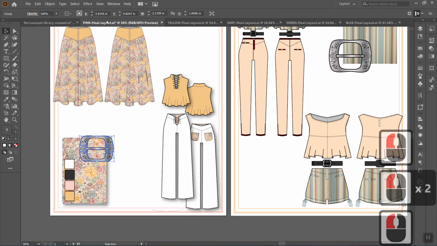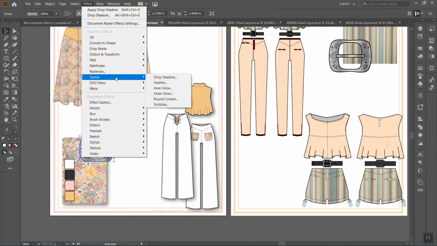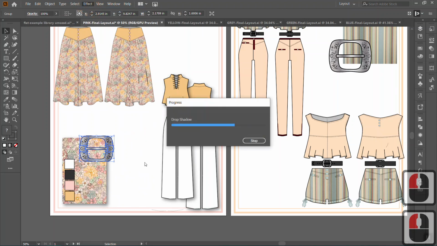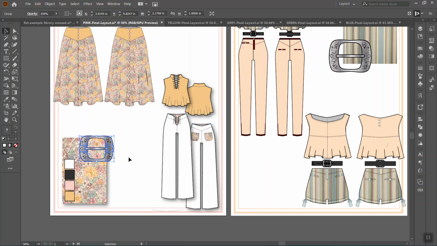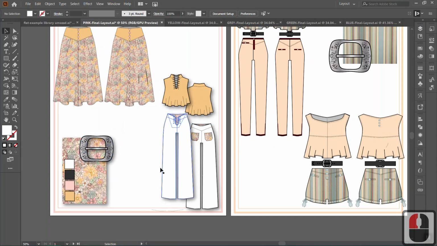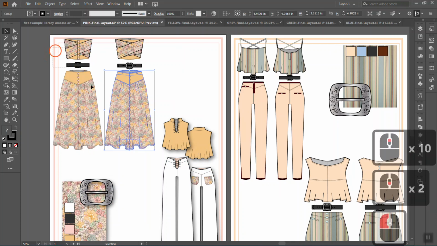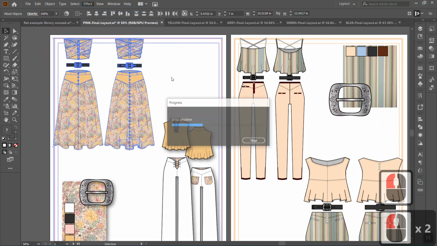Which could just give some interesting depth. There is, after you choose a filter once, oh, it's thinking so hard. I hope it doesn't crash. There we go. Beautiful. So I guess I will apply a drop shadow to all of these, and